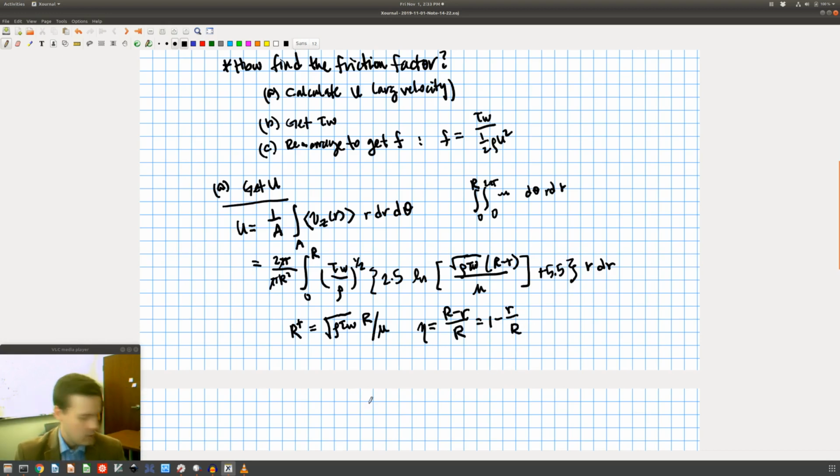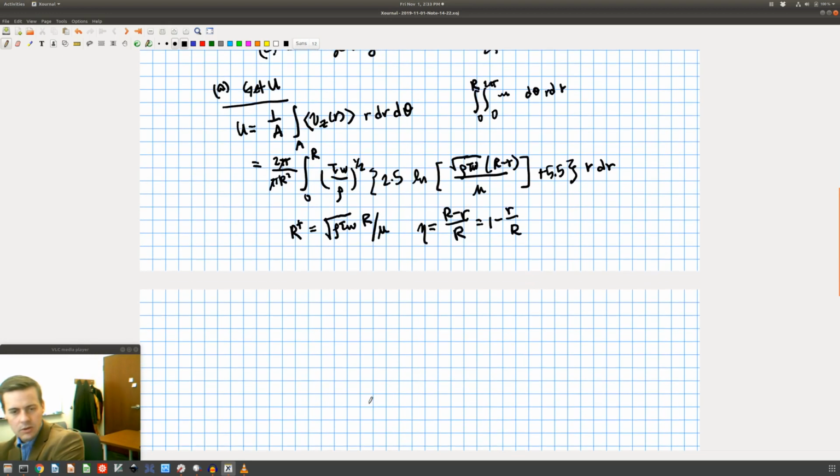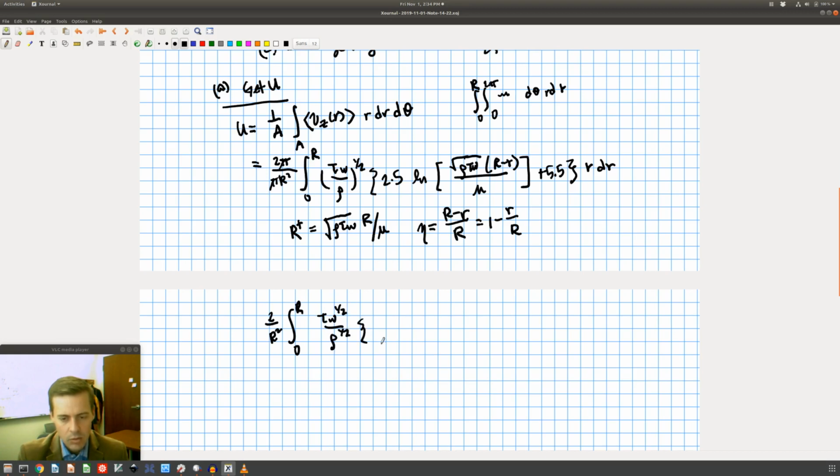And so I need to do a little bit of substitution. If I'm then going to substitute these variables in here and do my integral in terms of these. Okay, so to do that, let me do that in a couple steps. So I have 2 over r squared, the integral from 0 to big R of tau w to the 1/2 divided by rho to the 1/2, quantity